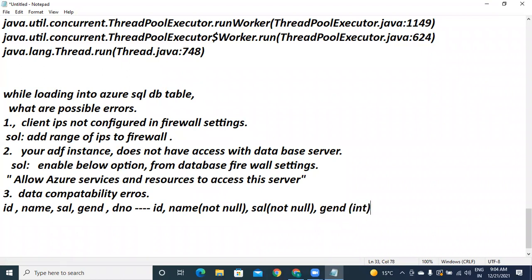But here in the database, I want gender as 1 for male, 0 for female. Now is there a data type mismatch or not? Look at the third column. How was the third column configured here? Not null. Understand the point? But in the input file, there might be some missing value.